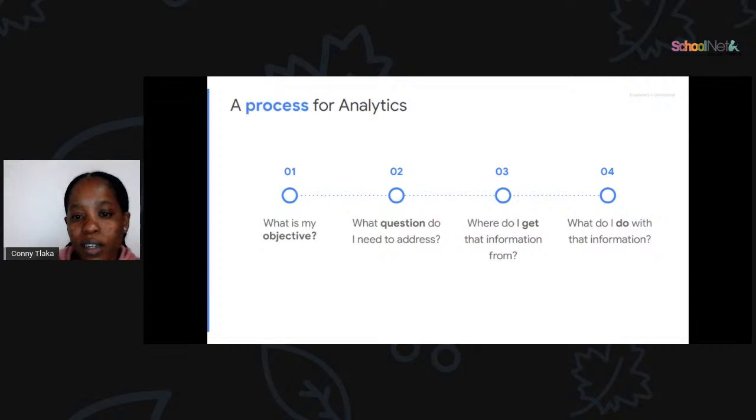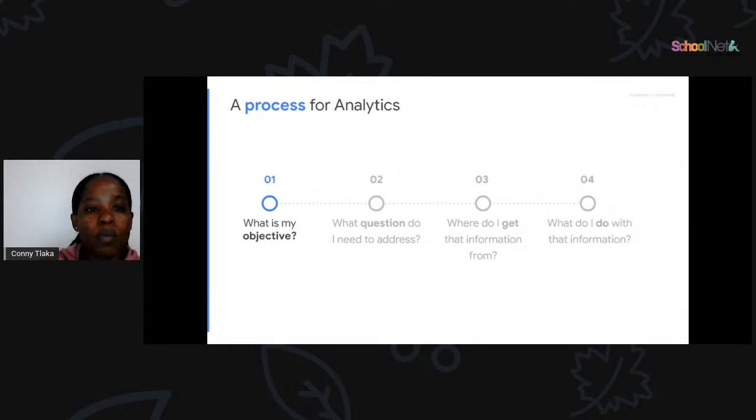The third one, where do I get that information from? And the last one, what do I do with that information? Those are the four steps that you need to process when you analyze your business.